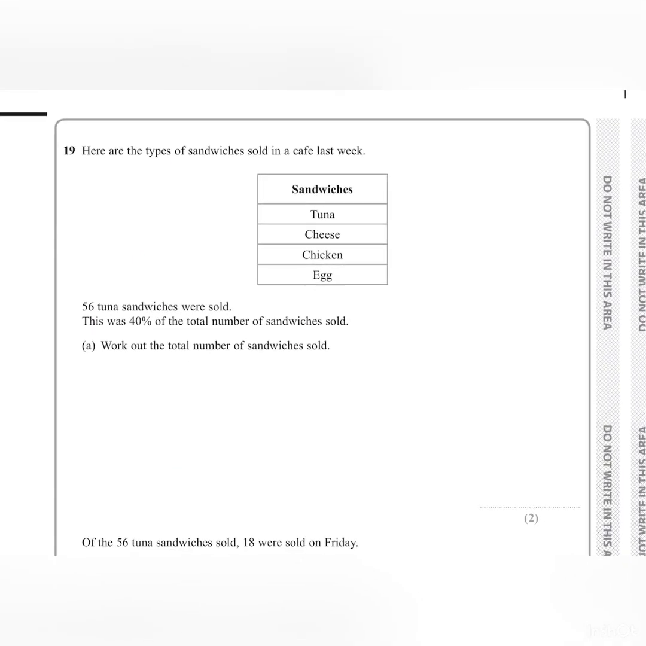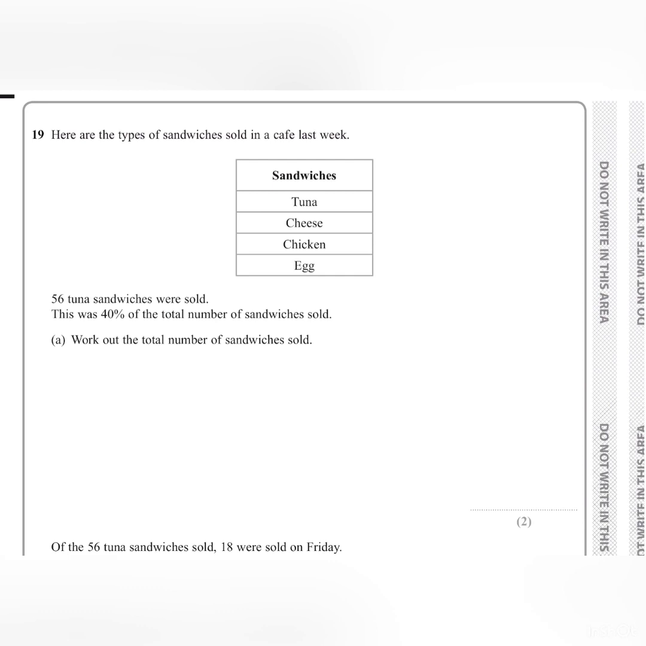Okay, so number 19, it says, here are the types of sandwiches sold in a cafe last week. So we got tuna, cheese, chicken, and egg. It says 56 tuna sandwiches were sold, and this was 40% of the total number of sandwiches. Work out the total number of sandwiches that was sold. So 40% is worth 56. Now how do we find